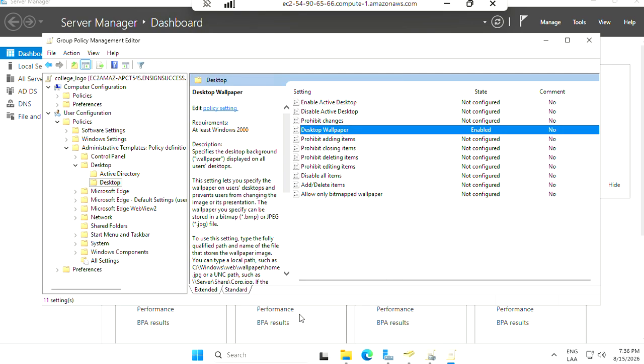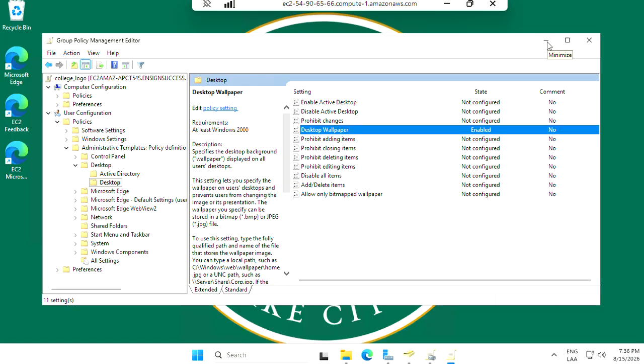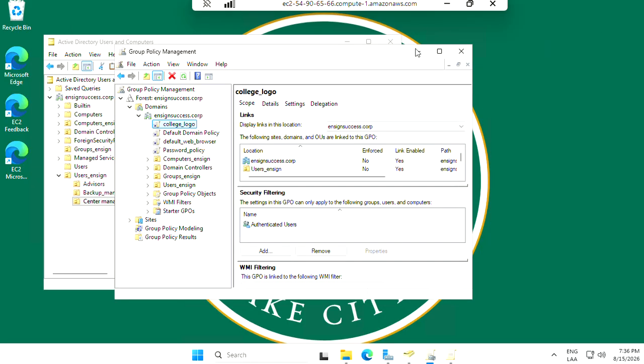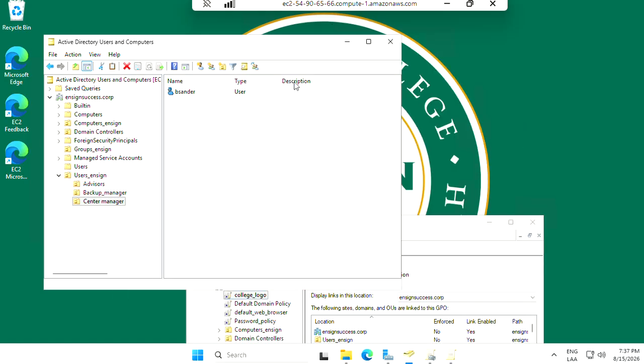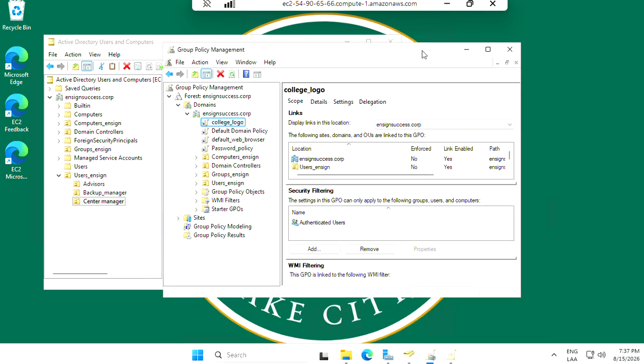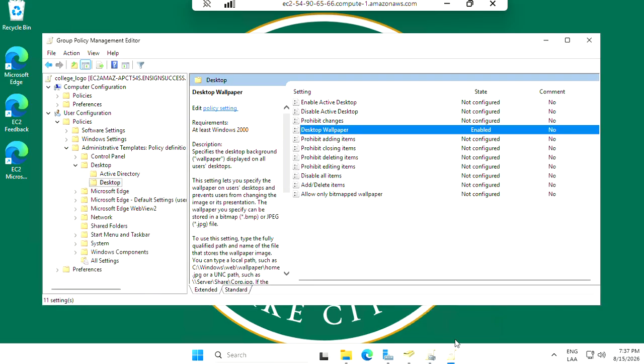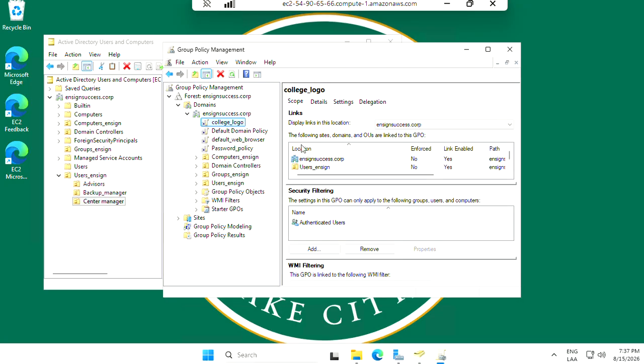Okay, so when I finish the session and the user logs in with their user, they can see the logo here in the desktop. Okay, and